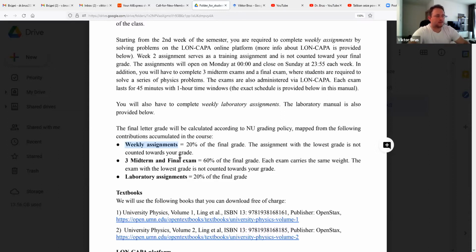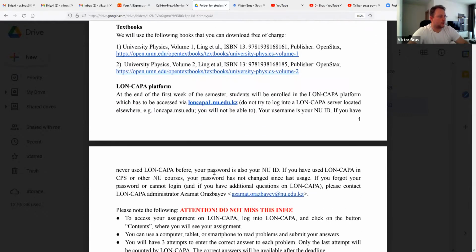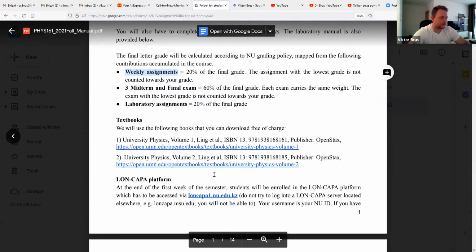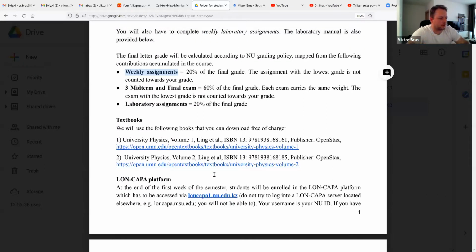Also, other technical aspects of this LongCAPA, there will be links in this manual with instructions how to deliver your answers online in LongCAPA, and which formats are accepted, which are not accepted. So please go through that and take your time to understand it properly. So in order to make your experience easier and provide you some time for getting familiar with LongCAPA platform. During first week, you don't